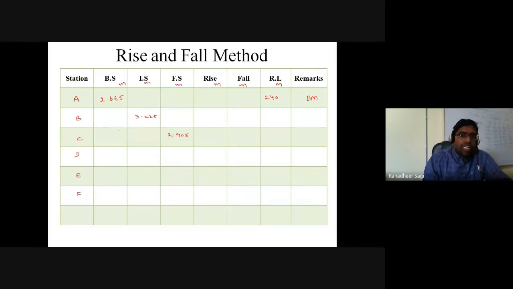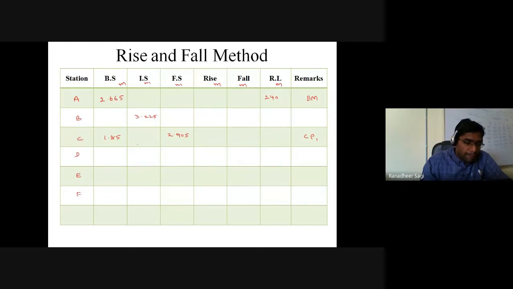Okay, so where does the fourth reading you are going to be taking after shifting the instrument? This is the change point 1. So after third reading, you are shifting your instrument. So automatically the fourth reading is nothing but the backside reading, which you have taken once again at point C after shifting the instrument. My fourth reading is